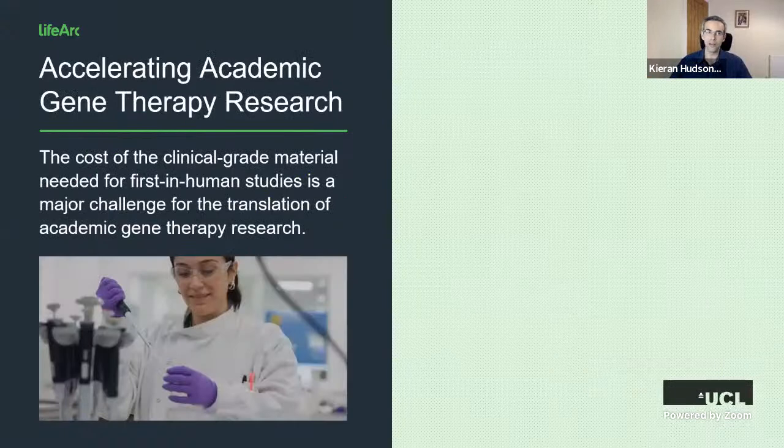And specifically for gene therapy, a common theme for LifeArc really is bridging the gap between academic and commercial research, and particularly identifying bottlenecks and areas where we can deploy our resources to help overcome roadblocks. In advanced therapies, an example is that a major challenge in the translation of academic gene therapy research is the cost of getting sufficient clinical grade material for clinical trials. And we've identified that and taken action over the recent several years to try and address this through